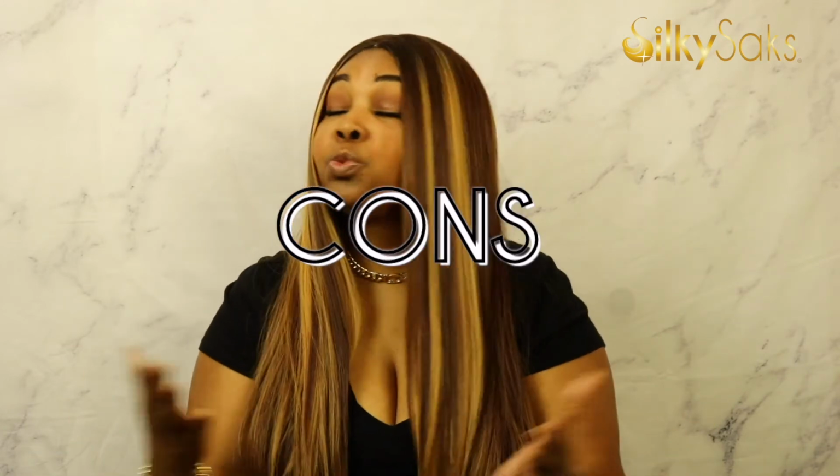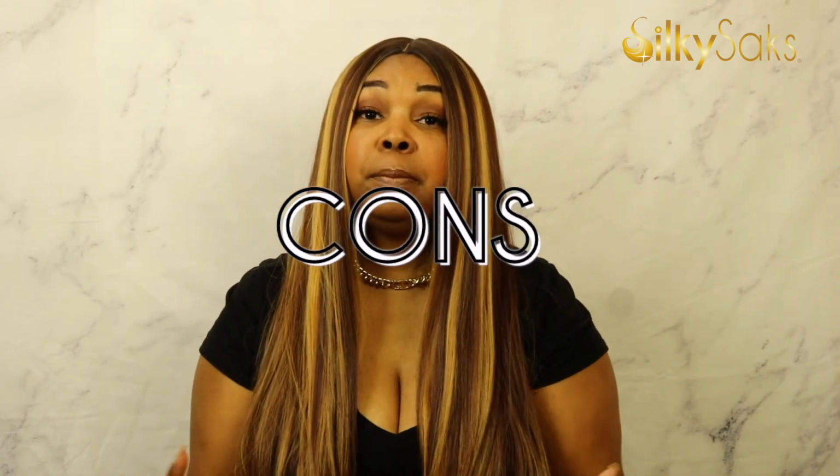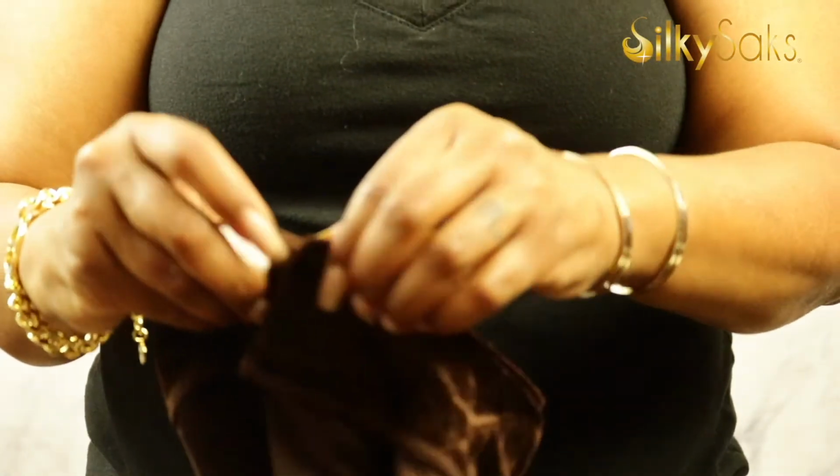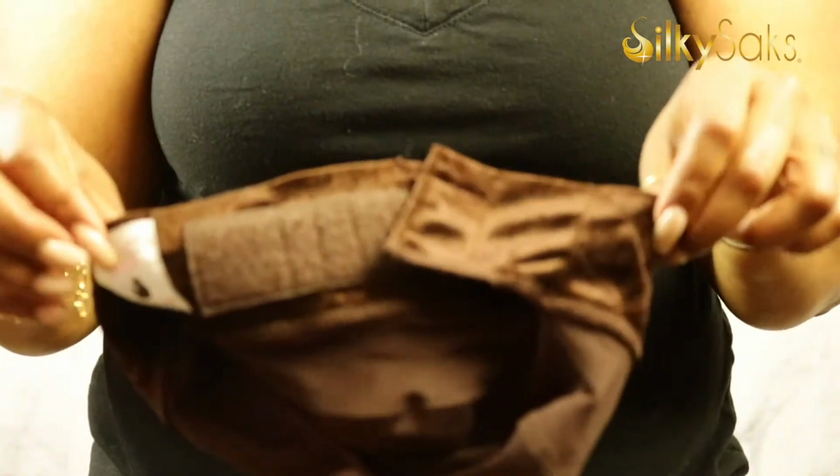For the cons, really my only concern is for people who have longer and thicker hair, and also people who have bigger heads. I feel like this cap didn't really have a lot of stretch, which is a good thing. Now, you probably can take the elastic band and make it bigger, but I don't know how comfortable it would be. I'm gonna be honest, because it is very snug right now,